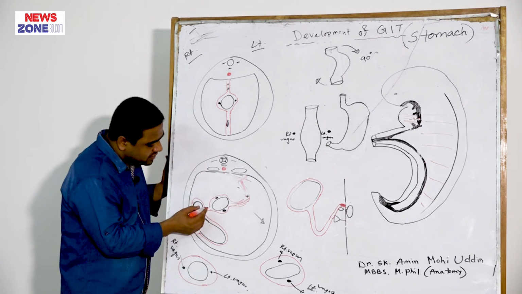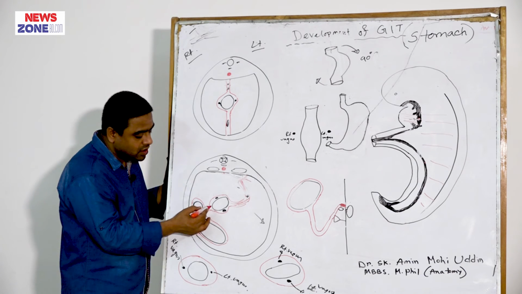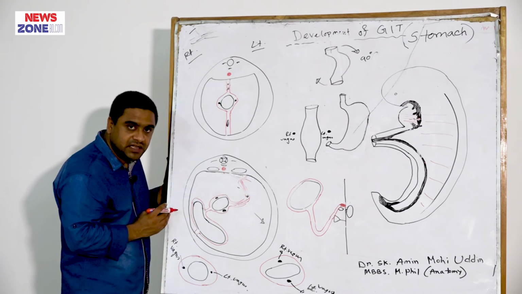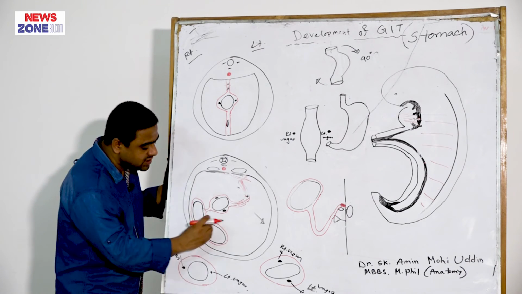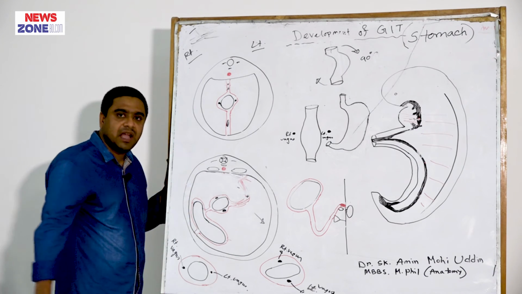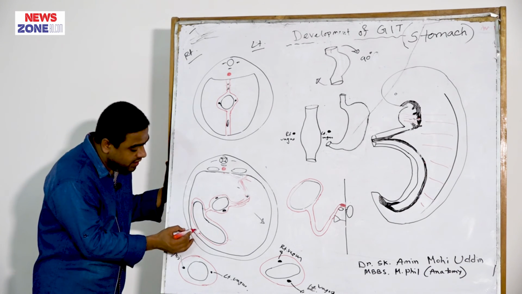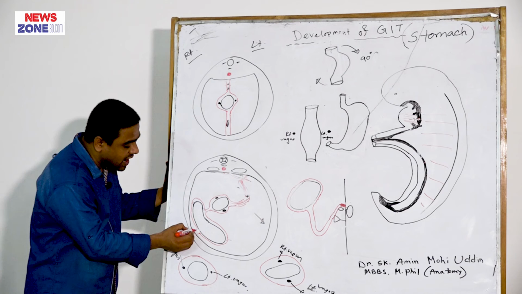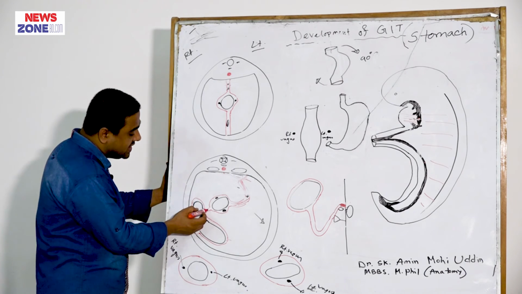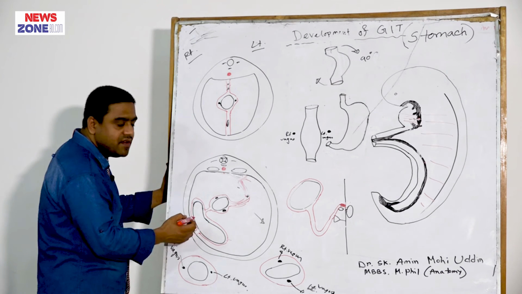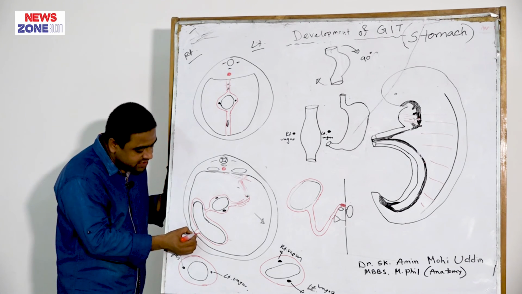And together with the rotation of the stomach, the ventral mesentery is divided into three parts. One, between the stomach and the liver, is known as the lesser omentum. This ventral mesentery also surrounds the liver and forms some false ligaments of the liver, and the portion between the liver and the anterior abdominal wall forms another ligament, which is known as the falciform ligament. So the ventral mesentery ultimately forms the lesser omentum, some false ligaments of the liver like the coronary ligament and triangular ligament, and also the falciform ligament.